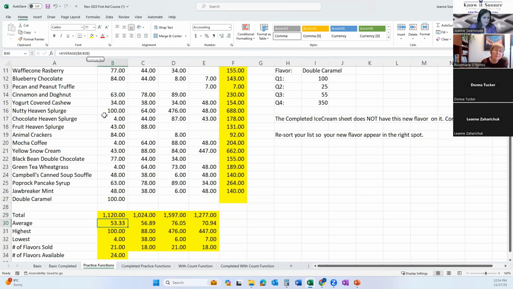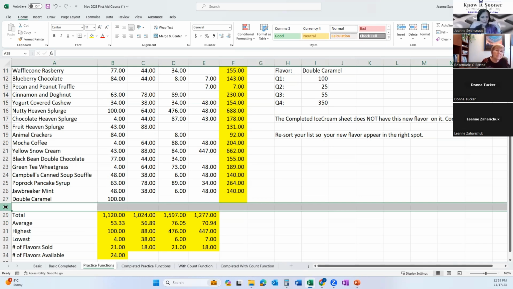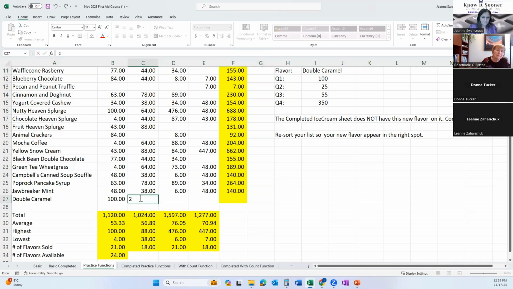It used to be all row 27. Because I was in that range when I inserted, all my formulas now are looking at this new one. 25, 55, 350, and it even filled this one in for me, 530.